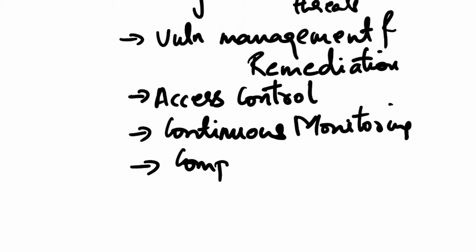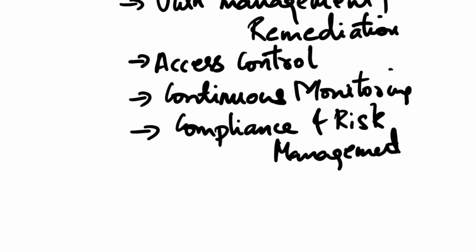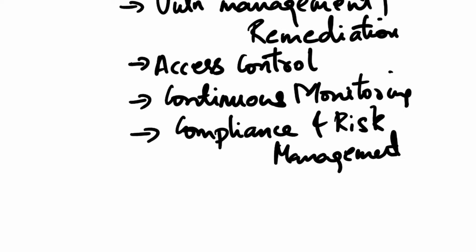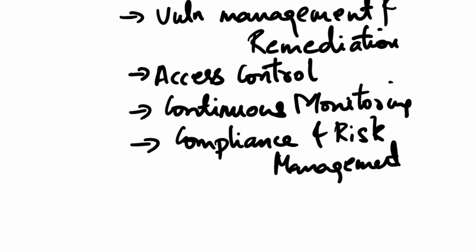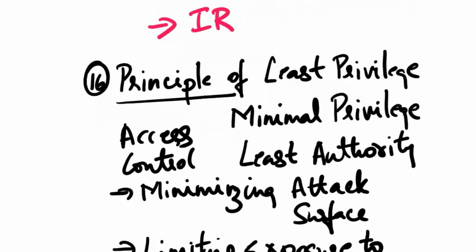Next, compliance and risk management. Many compliance frameworks and risk management strategies advocate for the implementation of the principle of least privilege. Organizations that follow this principle are more likely to meet compliance requirements and reduce the risk of non-compliance related vulnerabilities. So, in summary, the principle of least privilege is a critical security concept that helps organizations minimize risk, protect